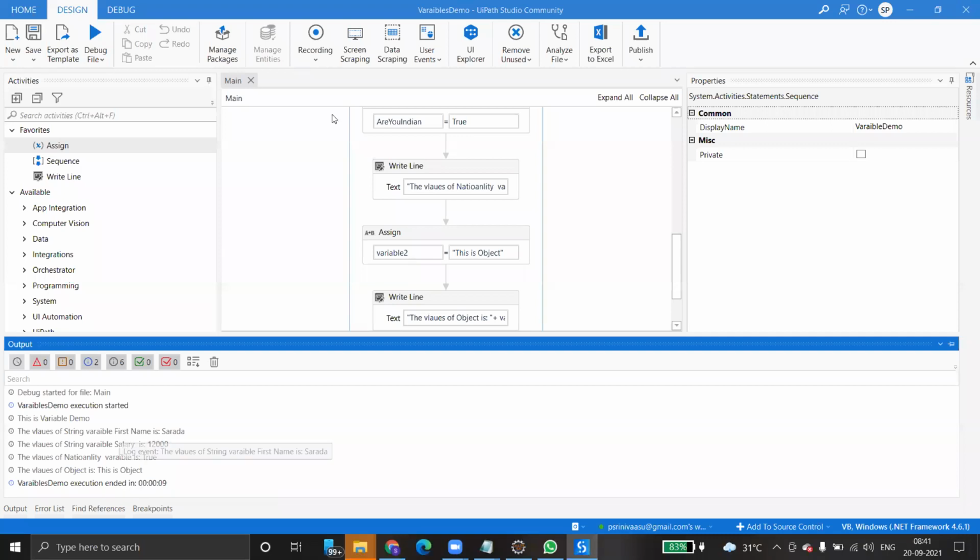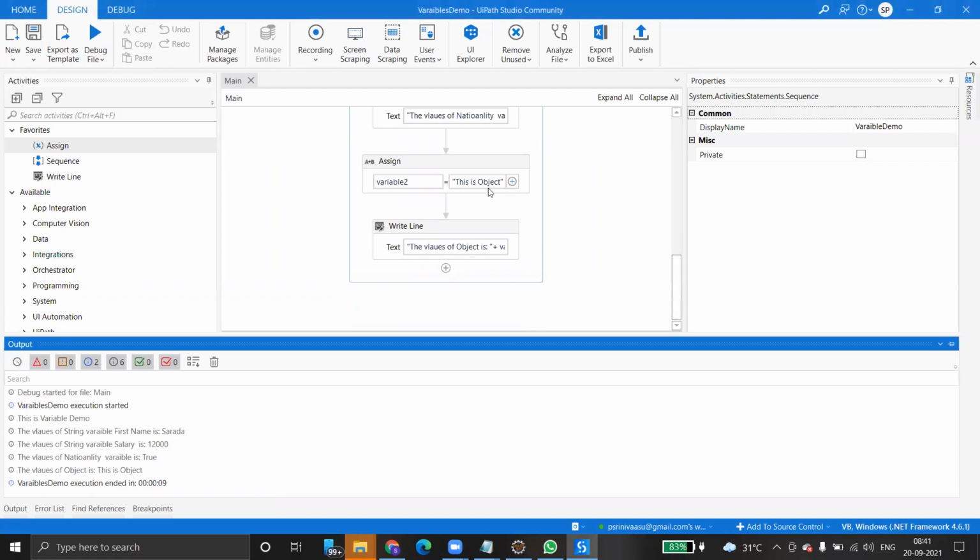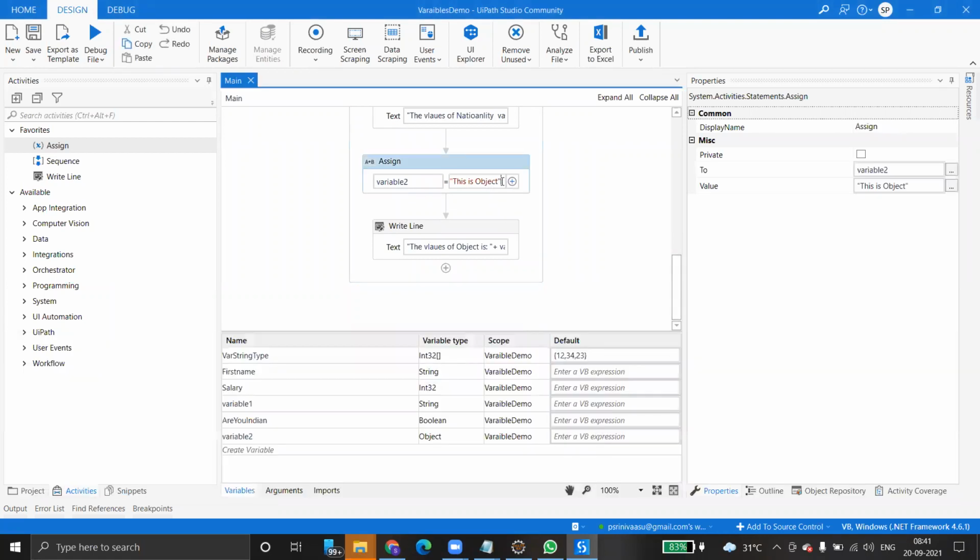So what is the difference now? Tell me, what is the difference between an object and another variable? Object can hold any value. It can also hold string. See, it can hold integer also. 123.34, Control S. Just run this program.